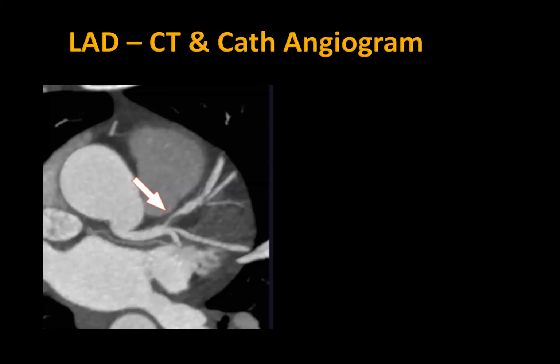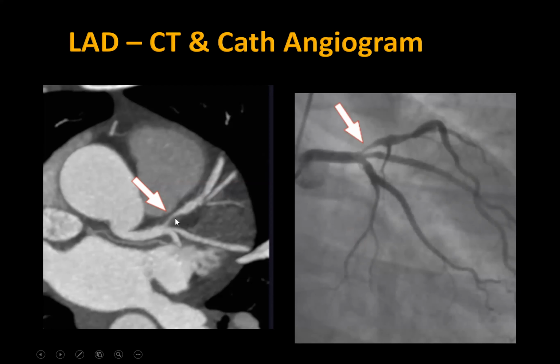There are lots of studies comparing invasive catheter angiogram and CT coronary angiogram. But what you find in this type of study, you see a few cases, then you will get the point. Here, a CT angiogram showing ostioproximal significant disease in the LAD. This is the left main, this is the aorta, and this is the LAD, and this is the LCx. So you see that ostioproximal LAD is a significant disease, but by soft plaque. So sent for a catheter angiogram, and this is almost the similar finding, a very good correlation between these two, catheter angiogram and CT angiogram.